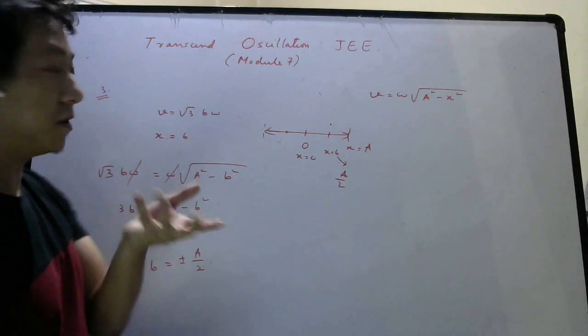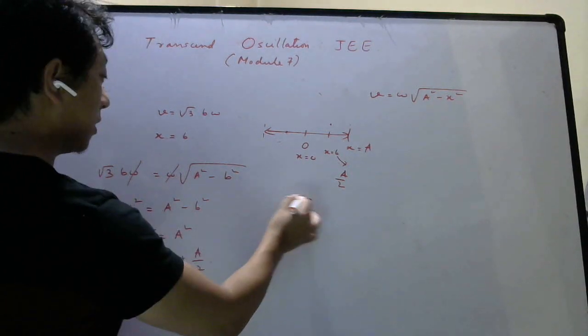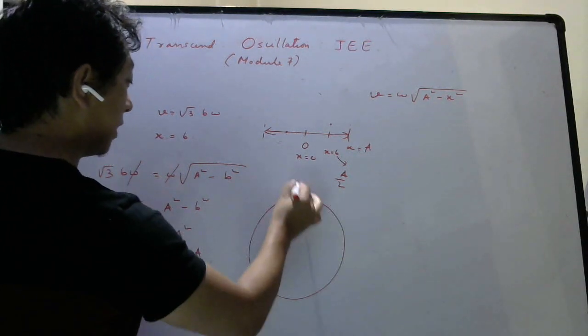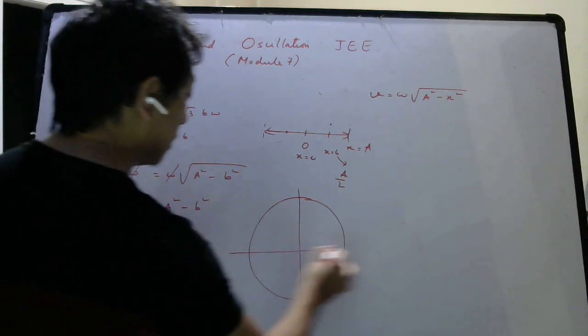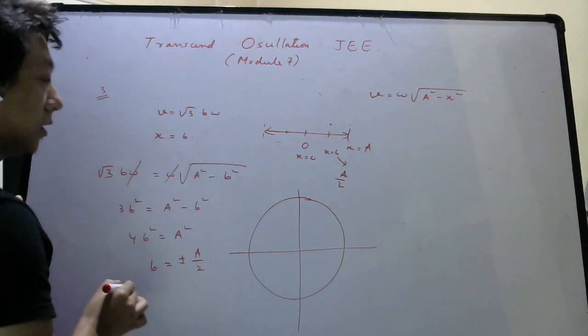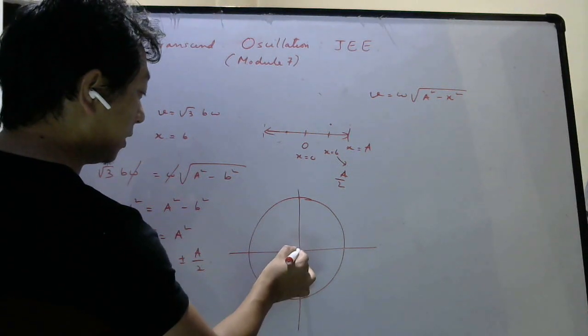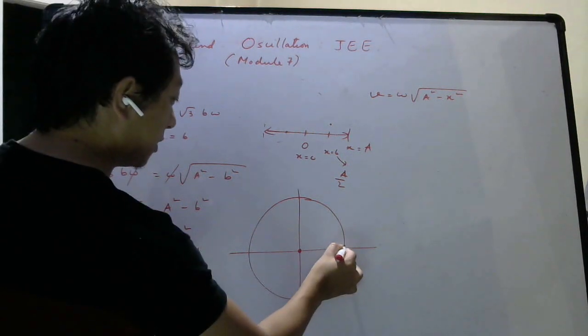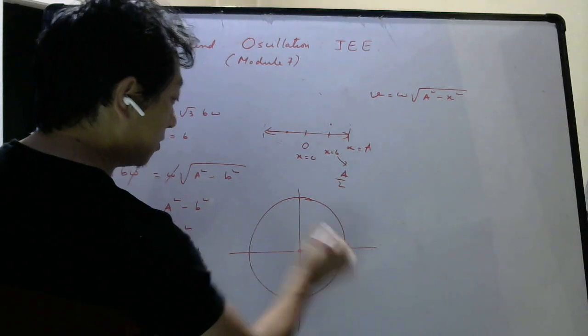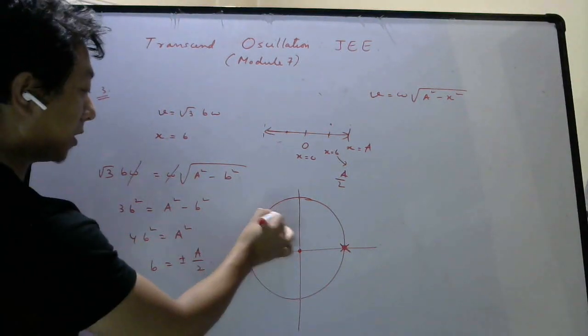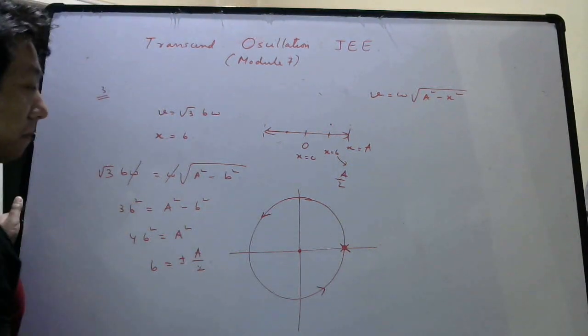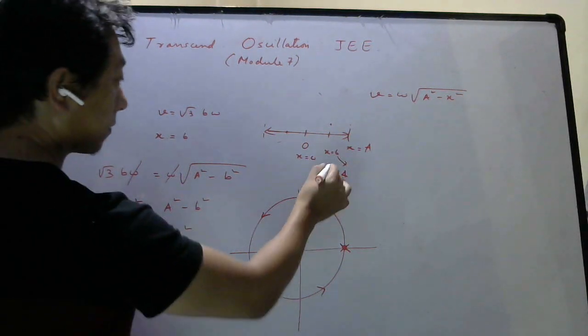This is a very standard result if you remember. Otherwise you can use the reference circle technique. So at time 0, where was the particle according to the question? At mean position. So where will be the reference particle? Here. So this is your reference particle. Reference particle always moves anti-clockwise. So now,